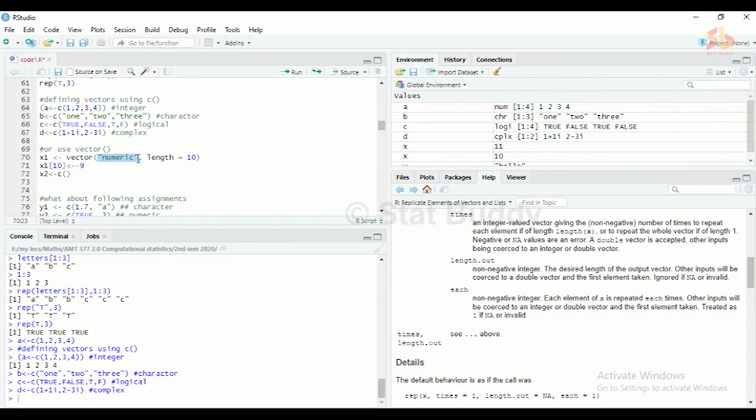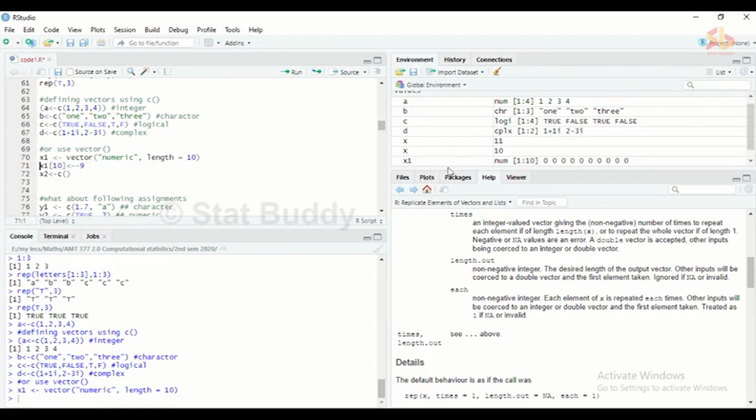But you are allowed to give the numbers or sequence to this place and give the length as well. So it will automatically assign the numbers there. But here I need to create an empty vector with 10 elements. So I can fill elements up to 10 for that empty x1 vector. That is why I emphasized length is equal to 10. By executing this line, you can see x1 is a numerical vector, but it is an empty vector. Since it is an empty vector, we can see only zeros here.